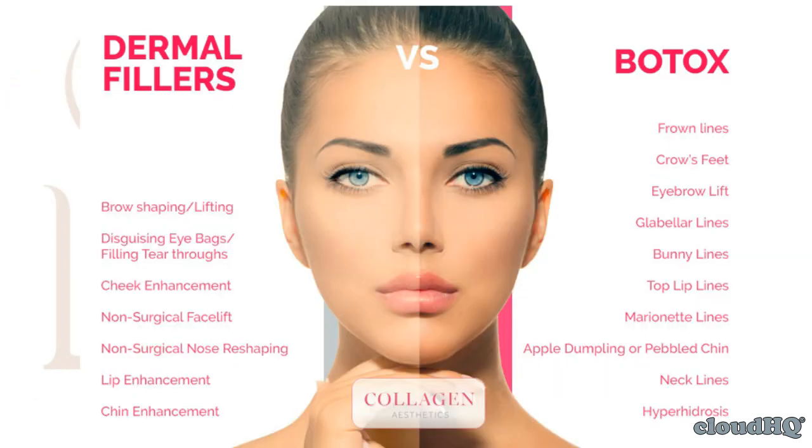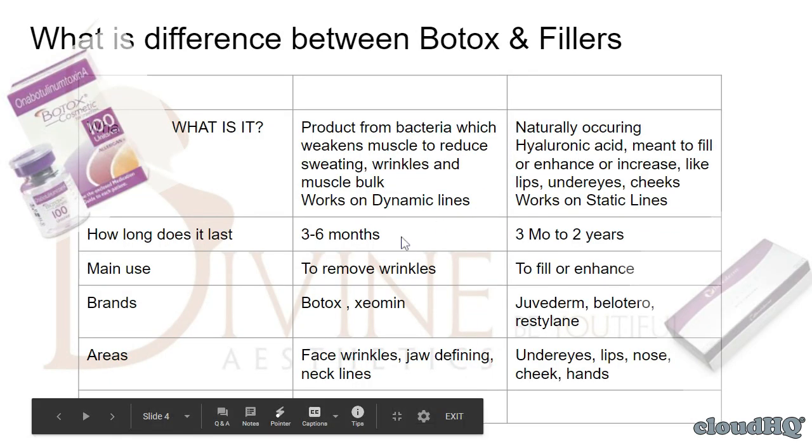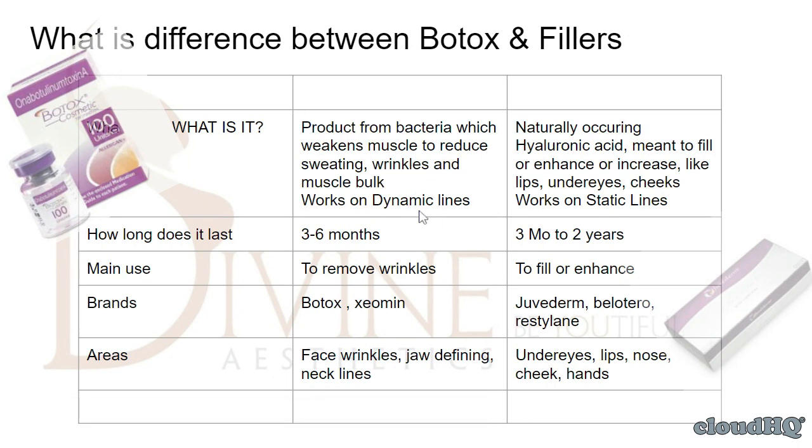In addition, we also use fillers for the hands. Aging hands can be improved by the use of fillers. So, what is the difference between the two? Botox is a product which is from bacteria. It works on what is called dynamic lines, lines which come on when you express. And fillers are meant for static lines which are always present, like the line along the side of your nose